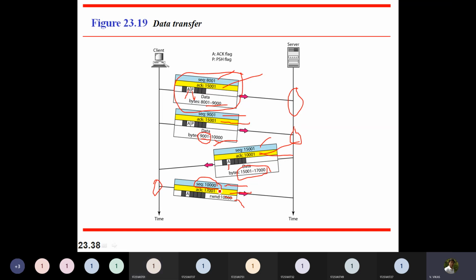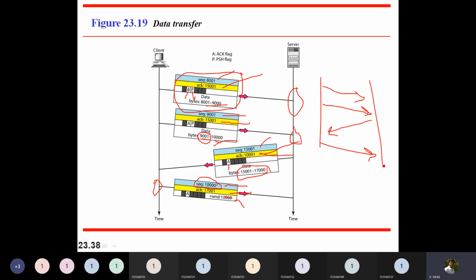Yes, sir. For example, in the exam you don't remember all these things. What you can do, worst case, is say this is data from client to server, again data. Then you can say data plus acknowledgement and acknowledgement.